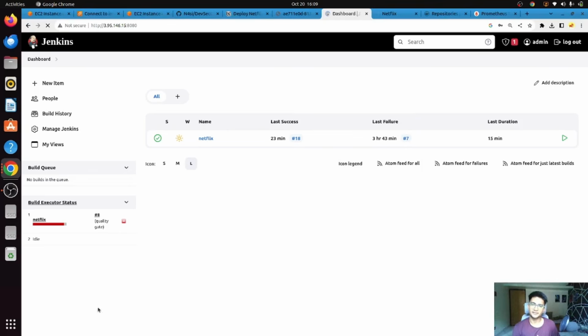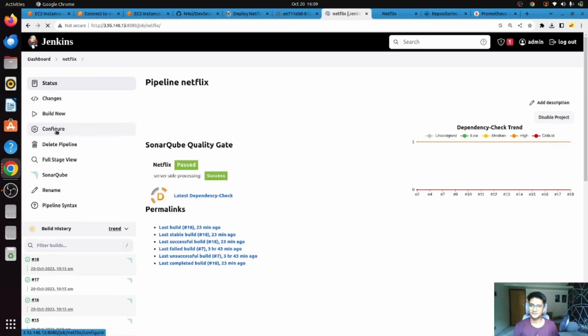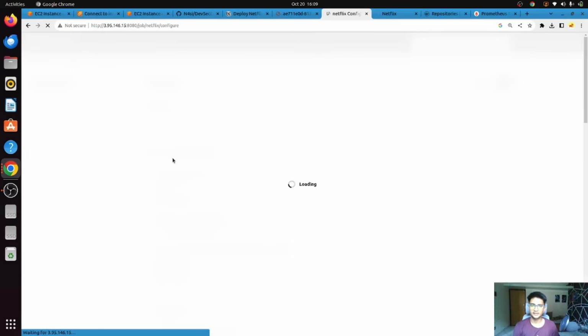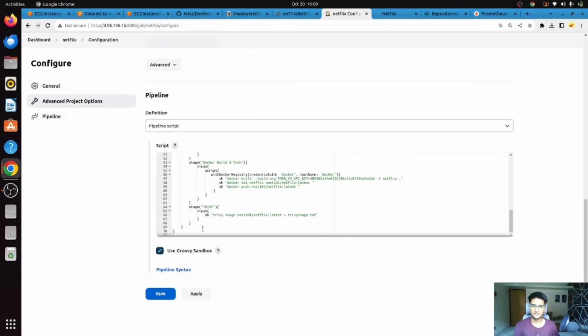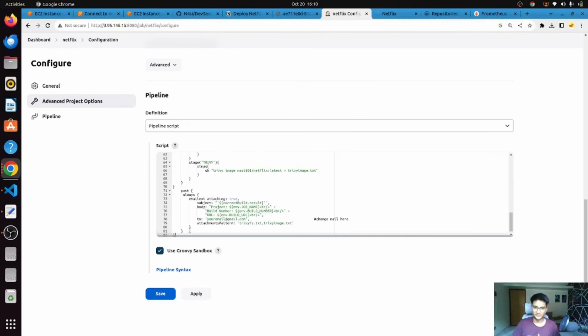Now add a section in a pipeline to send notifications. So let's go to our pipeline section, which is in Netflix. Click on configure option, and in this we are going to add a post stage notification. When everything is done, we will have to, so I'm going to add it here. So in here we need to paste this, which is the post stage section, and that should send us this